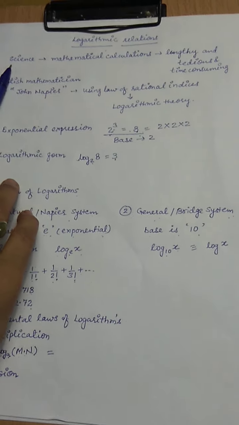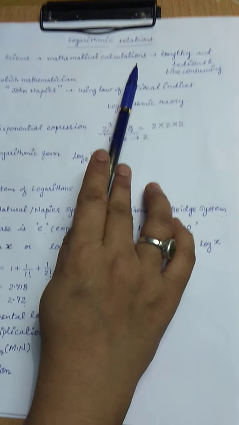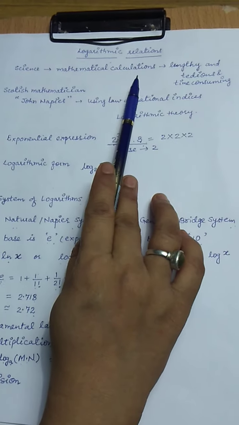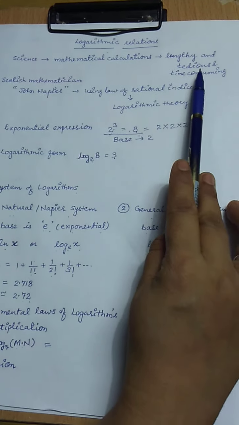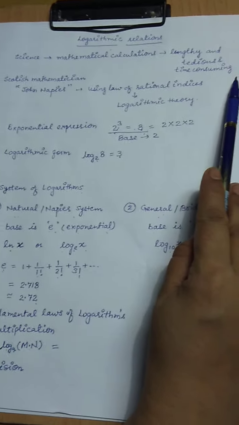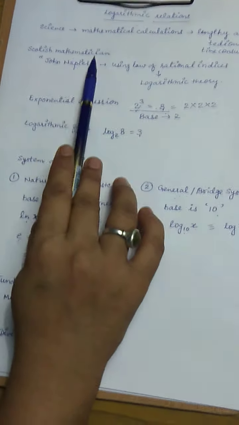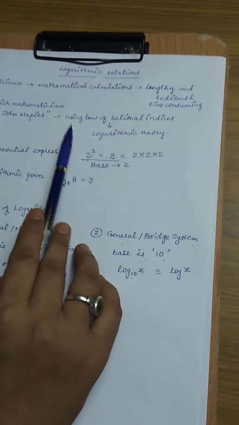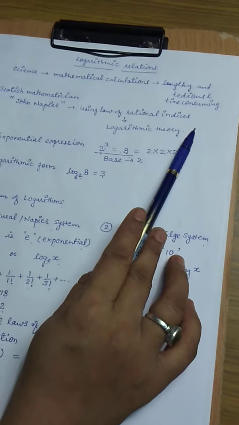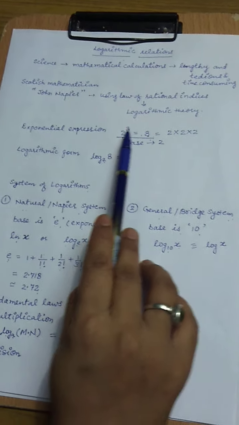Students, we all know that in science there are mathematical calculations and they are very important for us, but these mathematical calculations are lengthy and tedious and also time consuming. To solve this problem, a Scottish mathematician John Napier gave logarithmic theory using the law of rational indices. How did he do this? Let us have an exponential expression like